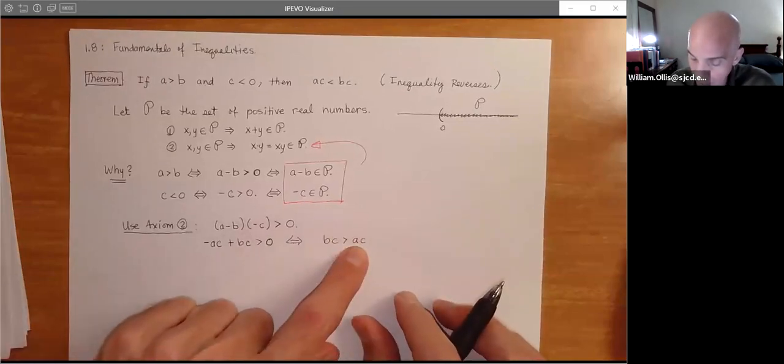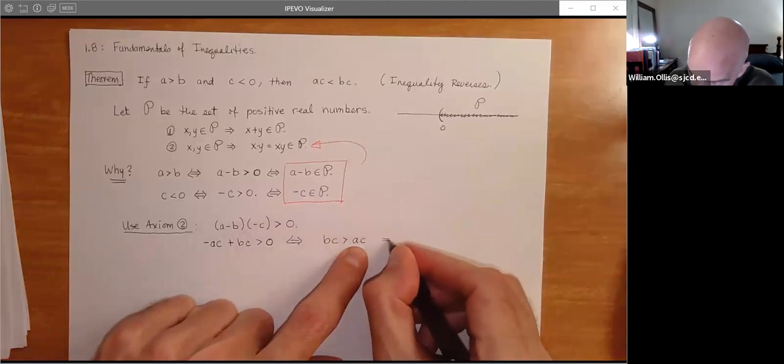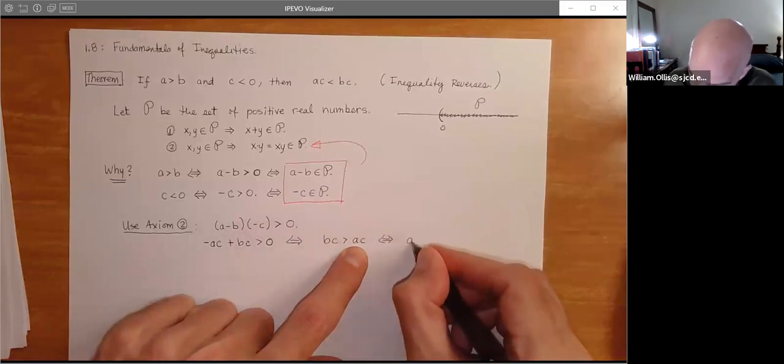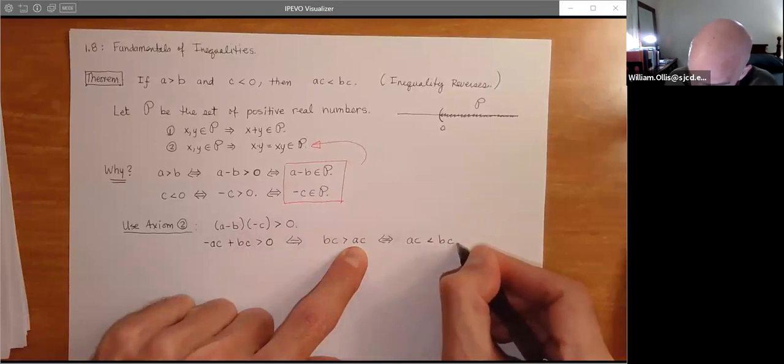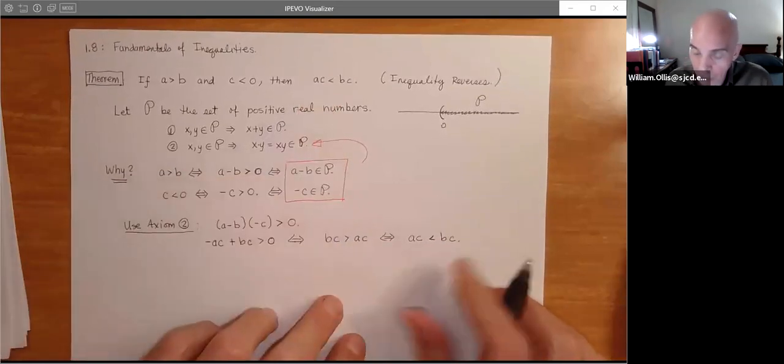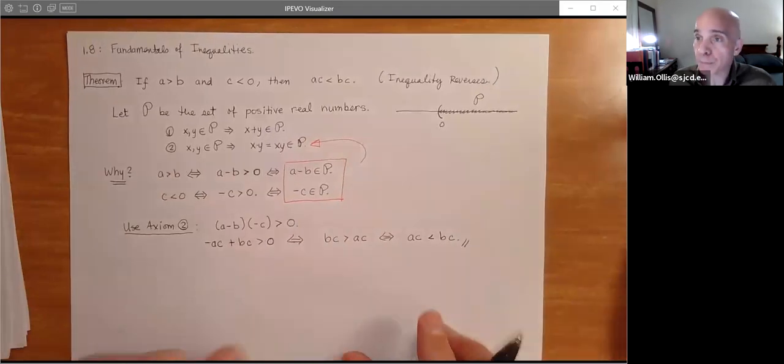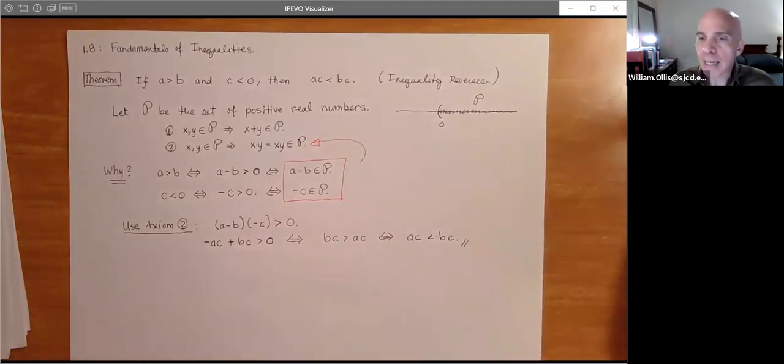And then, of course, you could write this first if you want, just take the mirror image. So AC is less than BC, which is exactly what we have there. So it is true. Again, you probably thought about this several times when you use this and think, well, you know,